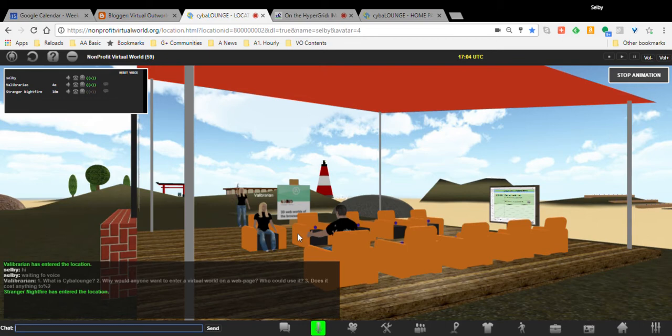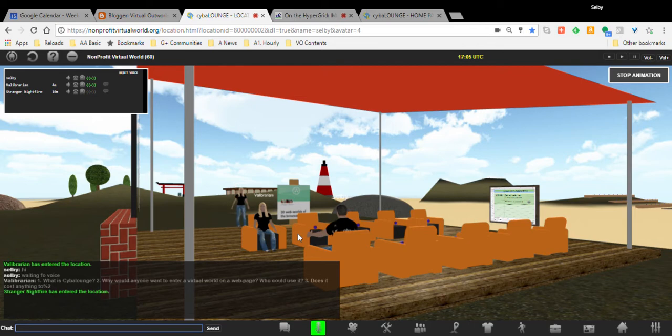It is then a user-built web world arrangement. In other words, you can come into web worlds, maybe some other places, but you can't build in them. Here, you can build, if you register. You don't need to register now because you can look over the place and decide whether you want to build. But if you do, you can build your own three-dimensional web world in Cybalounge.